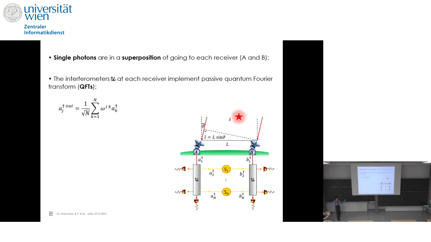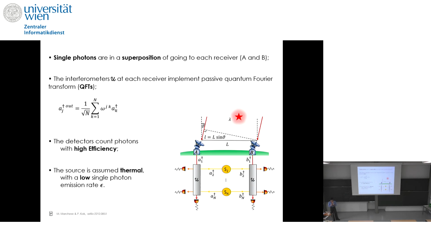Here we can implement a quantum Fourier transform that will mix your ground-based photons with the photon coming from the star. And we are assuming that at the end you have photon count detectors with a very high efficiency. And the photon coming from the star is assumed to be in a thermal state with a low emission rate,